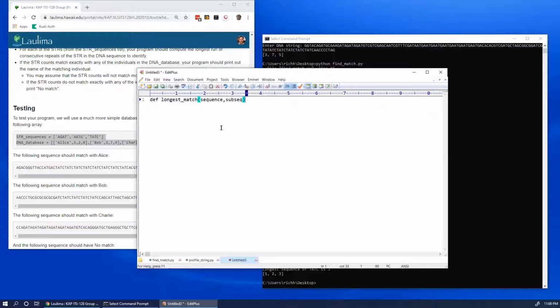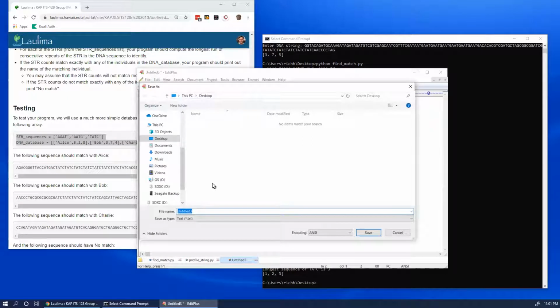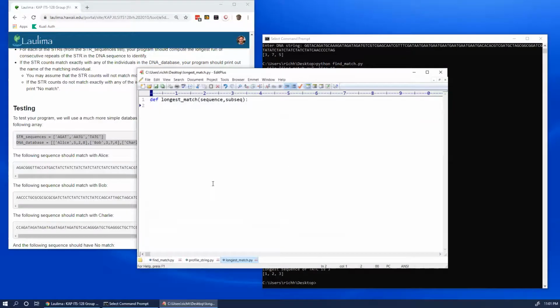This is the str. Okay. And I'm going to save this as longest match .py. All right, so longest match.py. Okay, so for this one,